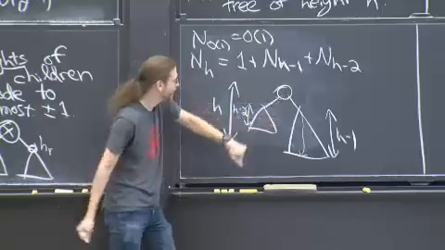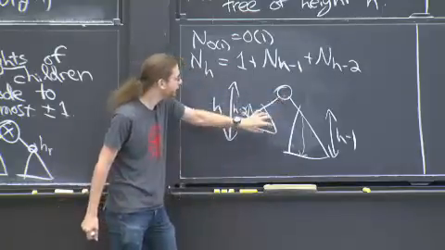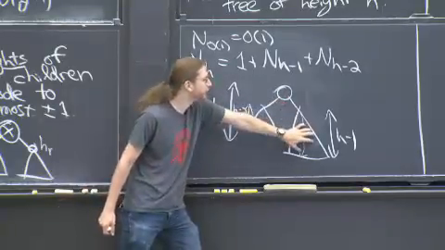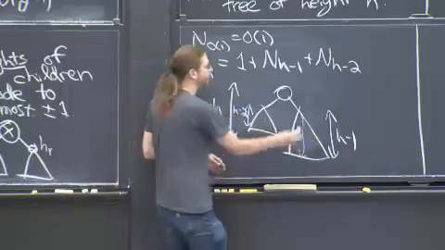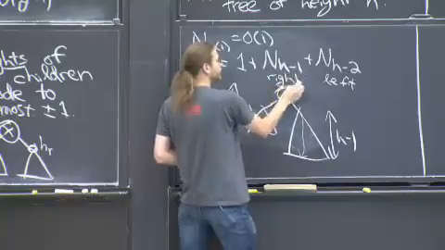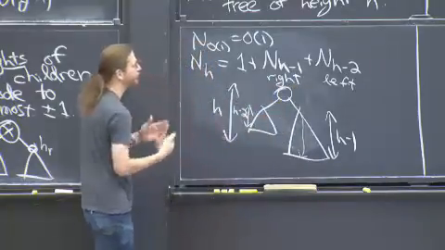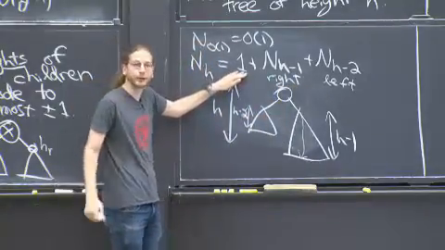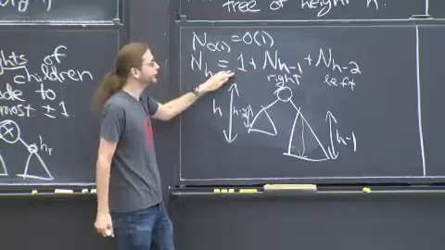So back to your base case. There's one guy here plus all the nodes on the left plus all the nodes on the right. And for whatever reason, I put the left over here and the right over here. Of course, you could reverse this picture. It doesn't really matter. You get the same formula. That's the point. So this is the recurrence.